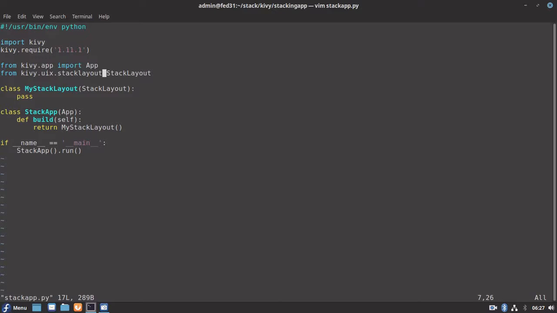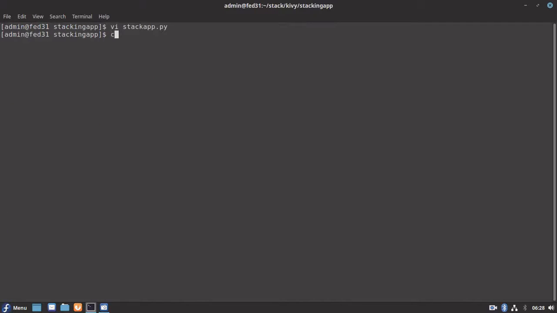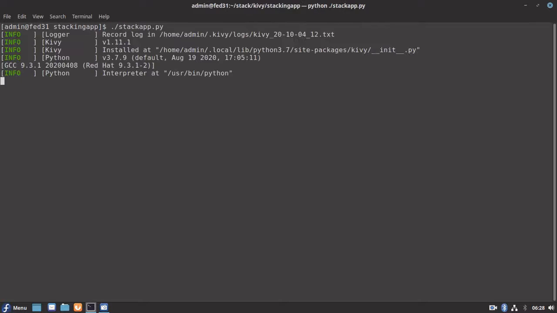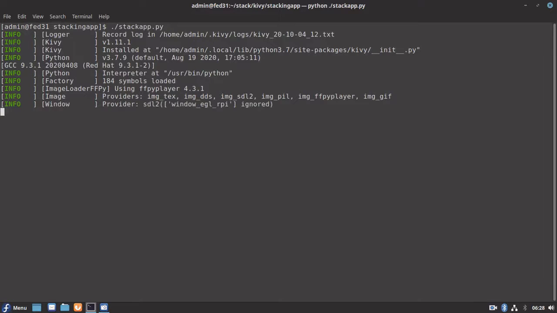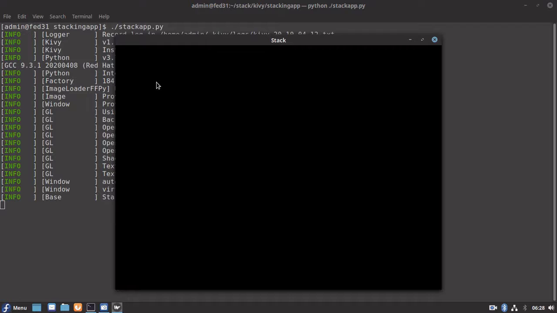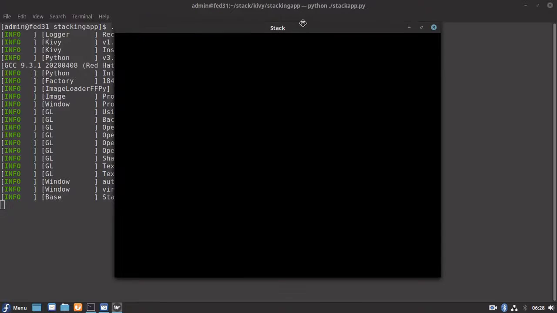We missed the import word here. So as I said, this has launched our empty window with MyStackLayout as the root element.